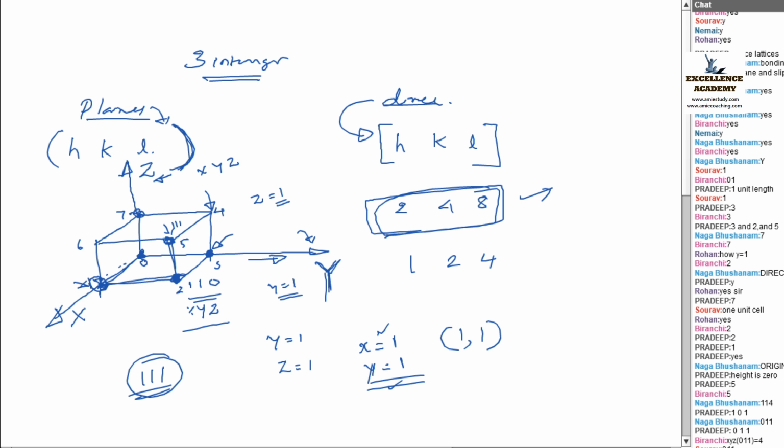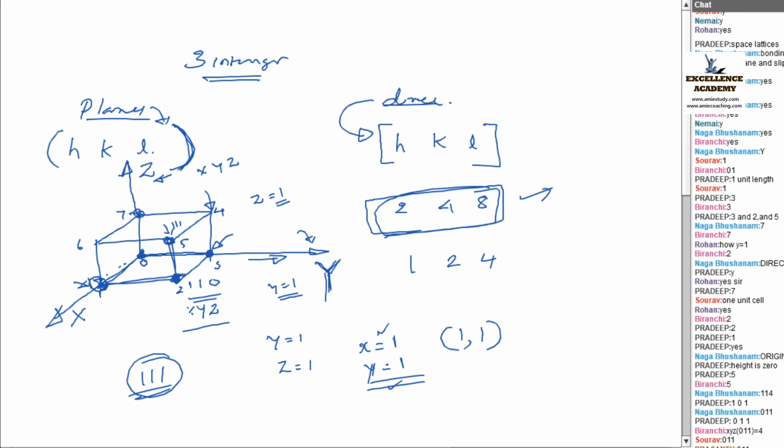Please check. Please listen once again. From O to 3, what is the answer? It is 1. Y is equal to 1. And from there it is moving to here. That means Z is equal to 1 there. So this point value is 0, 1, 1. What is the value of 6 then?